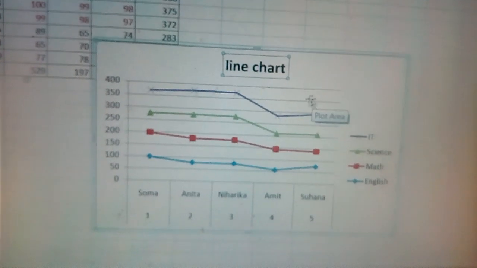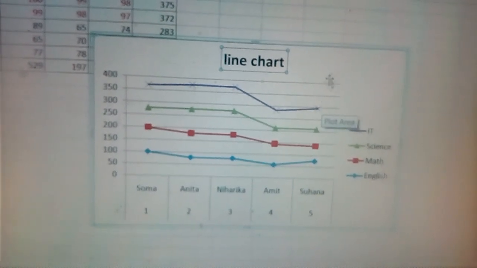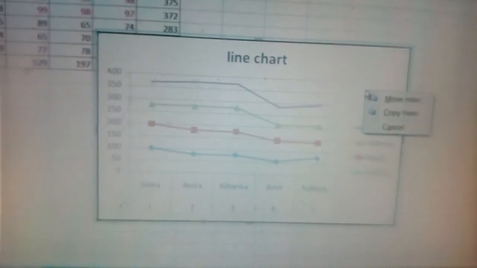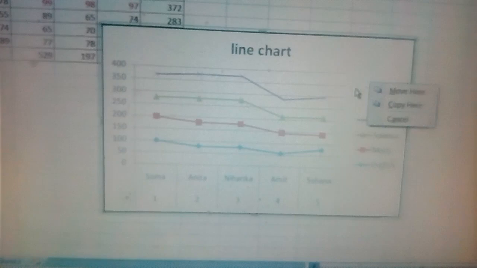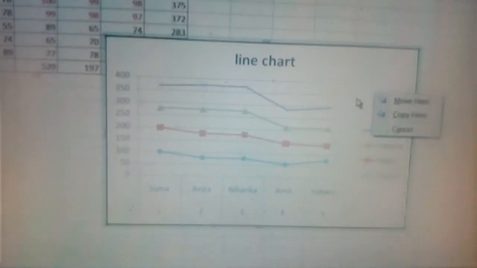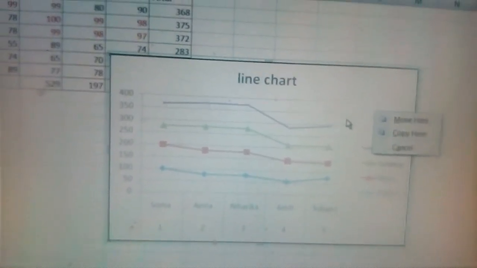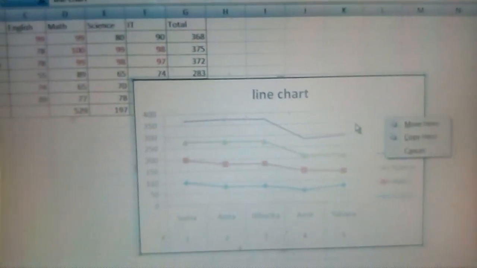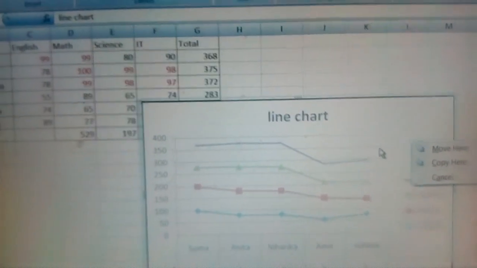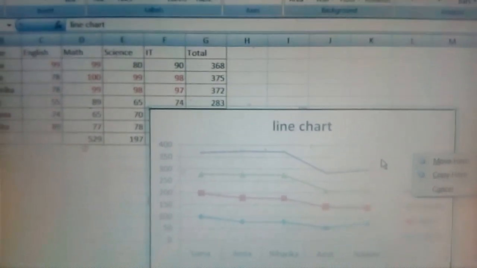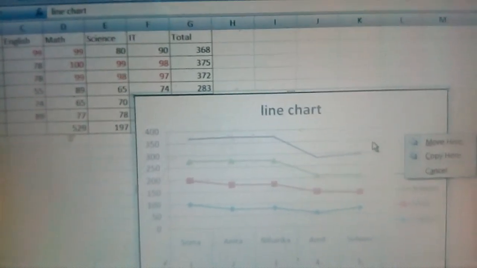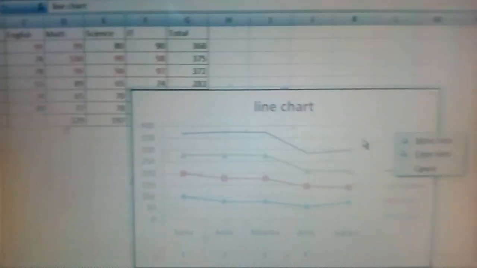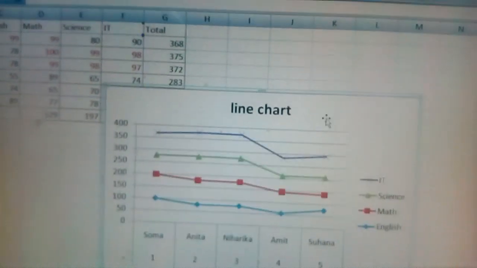Select that and then you can see heading, chart title, subtitle, all those things you will get. So write the chart title, then subtitle, x-axis title, y-axis title, and if it is a 3D format then you will get the z-axis title. So all those things you can do here.